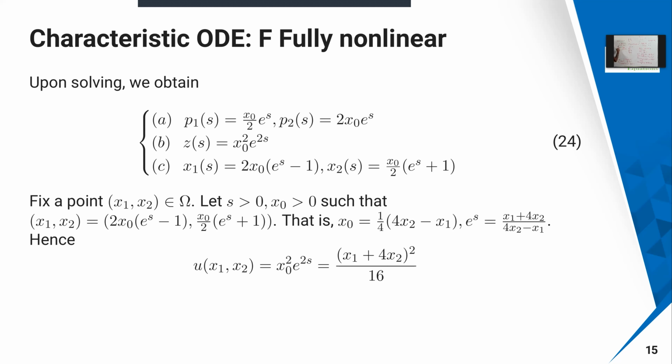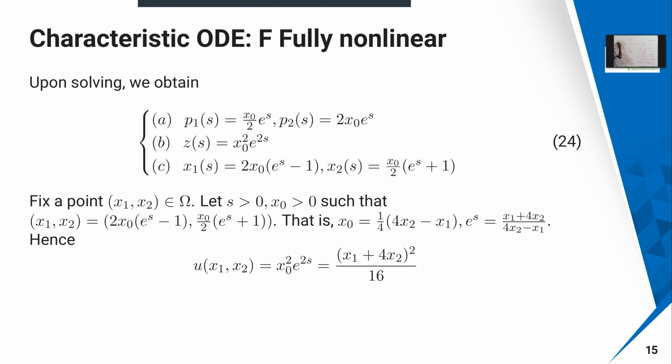So if I sum it up together, I'm going to get 4y plus x. If I sum this together, you are going to get 4 x naught into e power s. So therefore, e power s is going to become 4y plus x divided by 4 x naught, which is 4y minus x. So e power s is 4y plus x divided by 4y minus x. I just calculated only e power s. So s is going to be, then you have to take the log of this one.